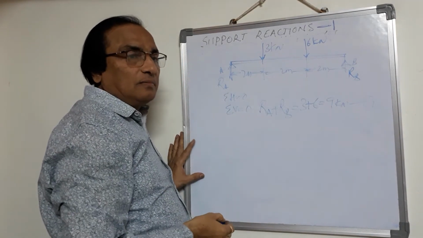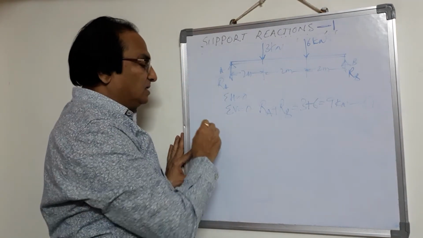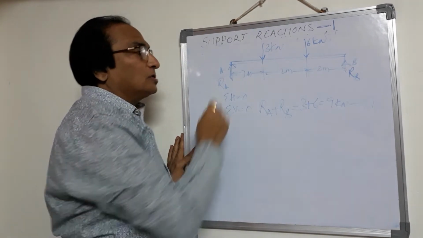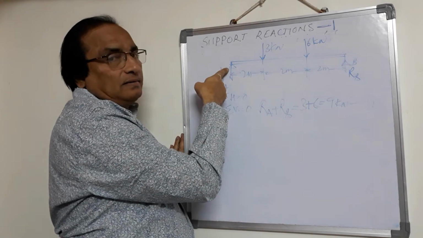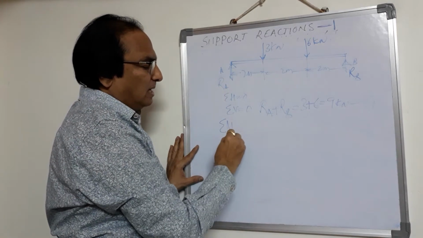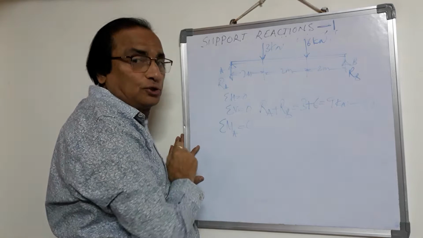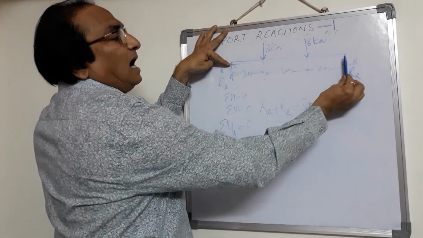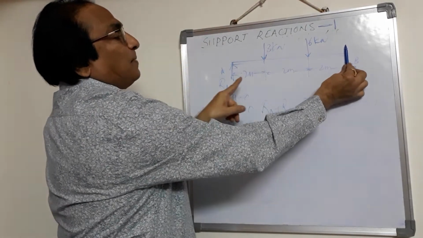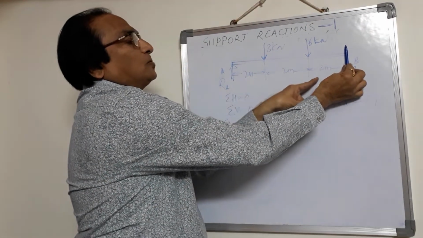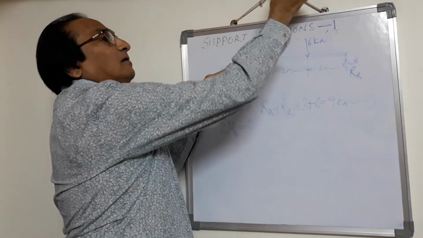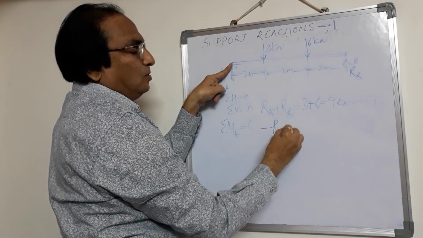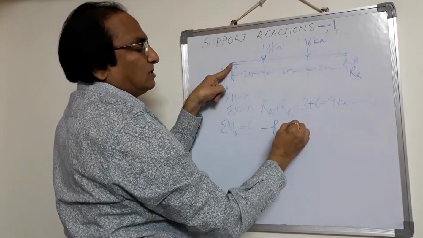We have a second equilibrium condition. The third equilibrium condition is, if you take moment about any point, it must be equal to 0. Suppose I take moment about A and equate it to 0. Now if I take moment about A, this Rb is acting here, its perpendicular distance will be 2 plus 2 plus 2, 6, and this will rotate in anti-clockwise direction. So anti-clockwise is minus Rb into 6.